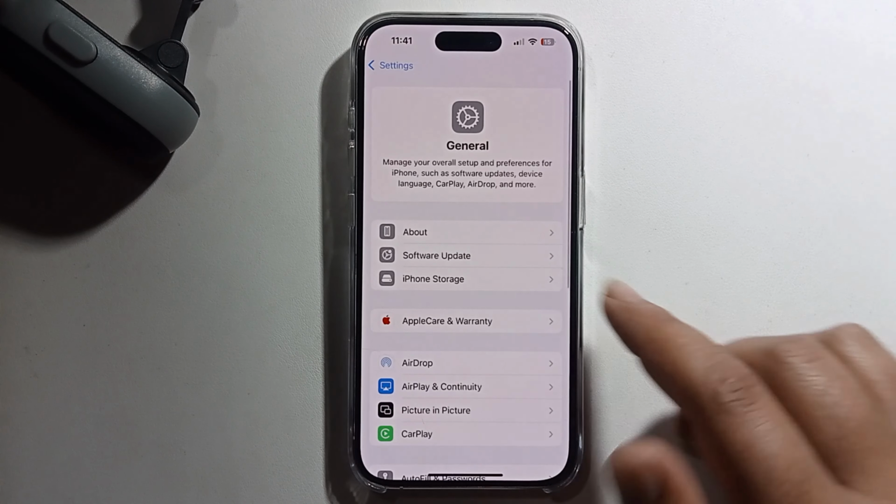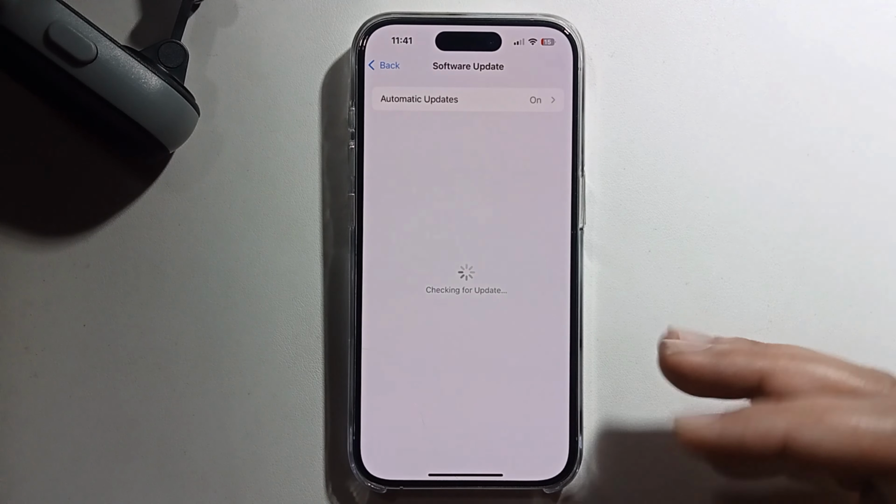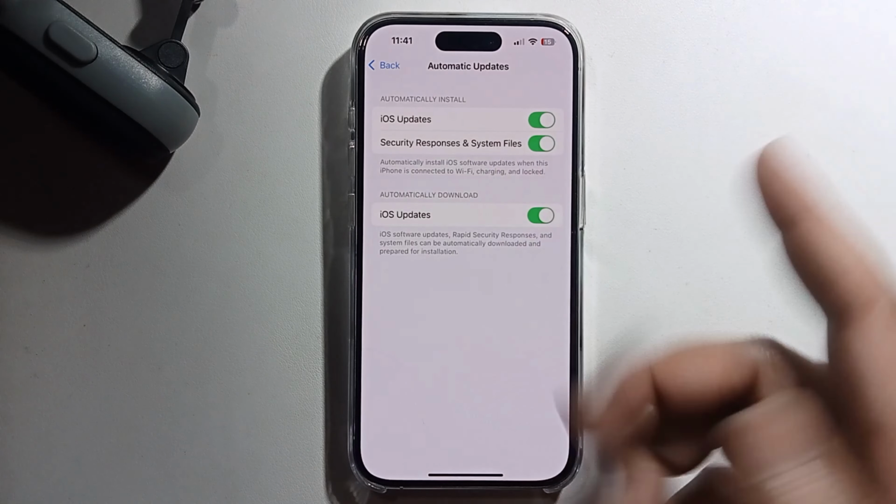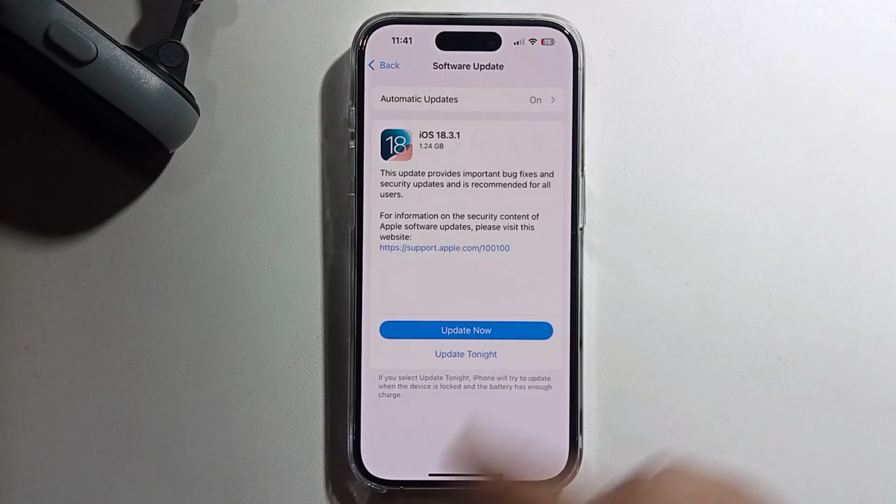click on General, Software Update, make sure to update to iOS 18. So I've already updated my iOS 18. Okay,